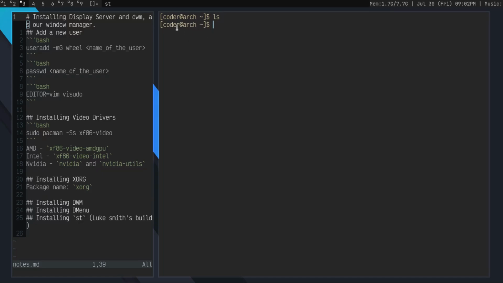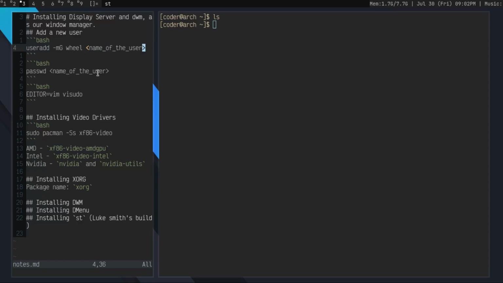adding a new user. I have already done it, but I'll show you the command. The command is here, which is useradd -m, which says to create a home directory. Capital G is for adding the groups in which the user will be. Wheel is the group, because we'll configure sudo so that we'll have root privileges. And then the name of the user. I have given the name of the user as Coder, because Dr. J Coder. So run this command and then it will create a user.